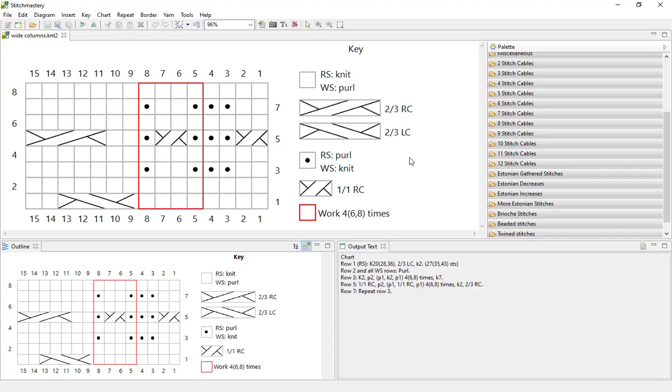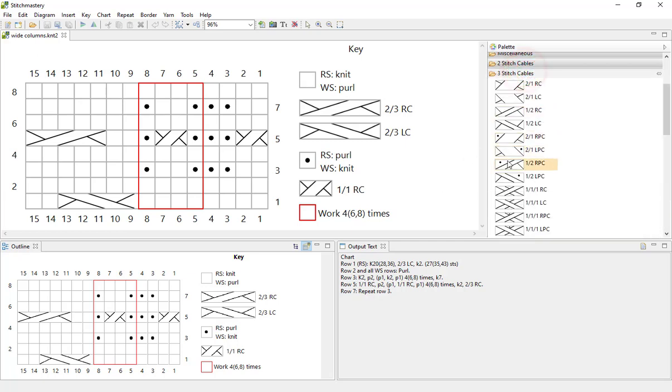We were recently asked the best way to find out exactly how a stitch is to be worked. The example was somebody who had found a cable stitch that, judging by the symbol and the abbreviation, they thought was probably what they were looking for, but they wanted to know the full instructions to be sure that they were choosing the right stitch. And obviously in the palette you only get the abbreviation and the symbol, and the same in the output text. But what you can do is open the stitch library and get the full description.